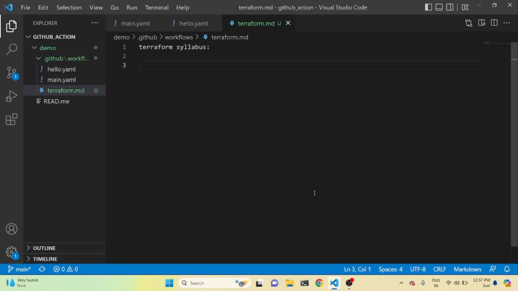From today, we are going to discuss Terraform. From today, I'm going to start a new tool, Terraform, which will help you while working as a DevOps engineer in real time. In Terraform, first of all, I will tell you what I am going to cover in this course,